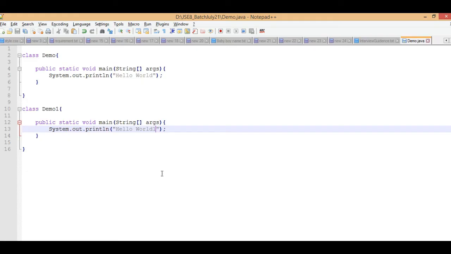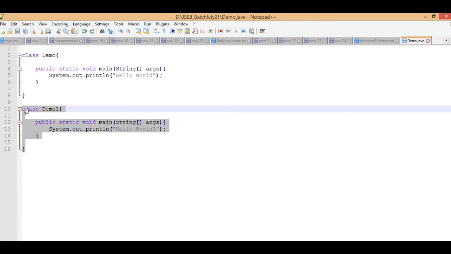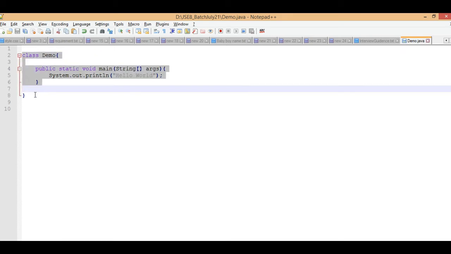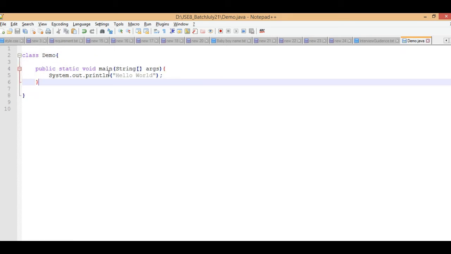Now I'm removing this. So class demo has the main method, and the method is public.